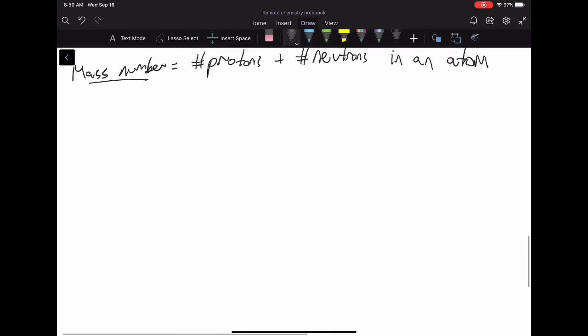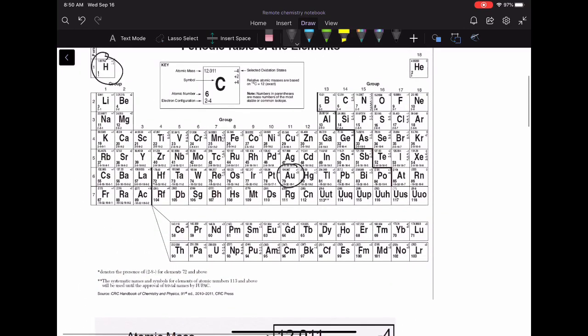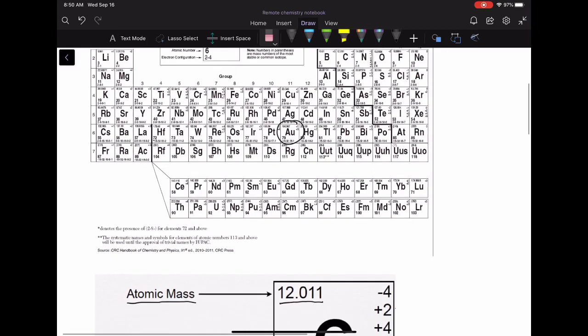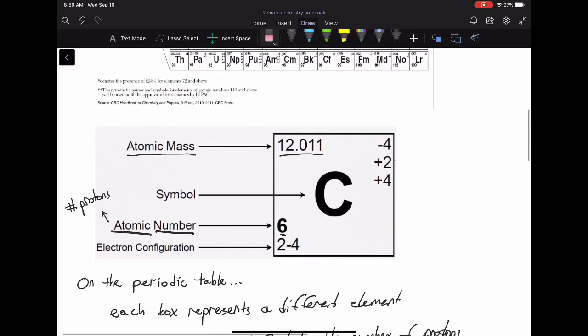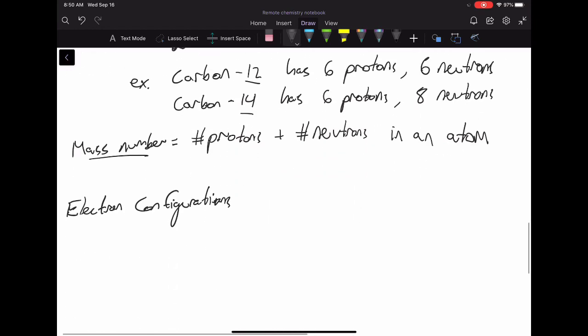Okay, next we're going to talk about electron configurations. So in each box on the periodic table representing each element, you're going to see a series of numbers separated by dashes at the bottom left-hand corner of the box. So if we zoom in on carbon here, you're going to see this is the electron configuration. And for carbon, it's 2-4. So what that 2-4 means,